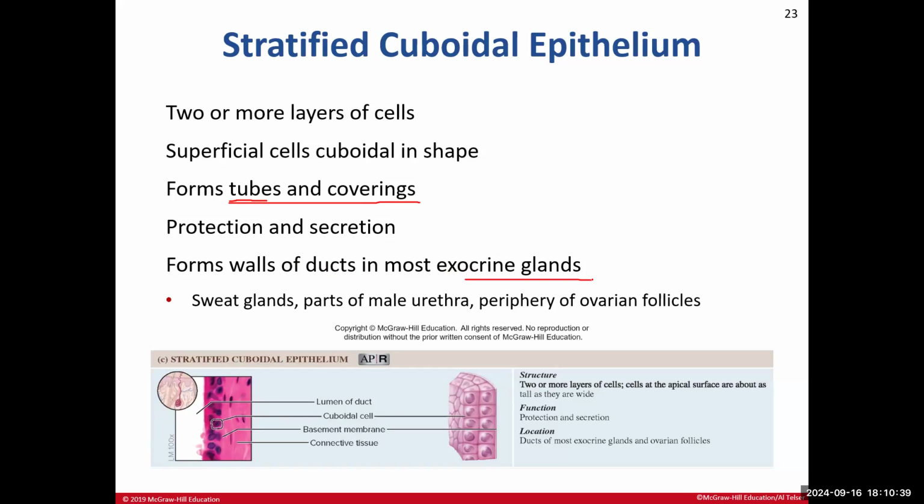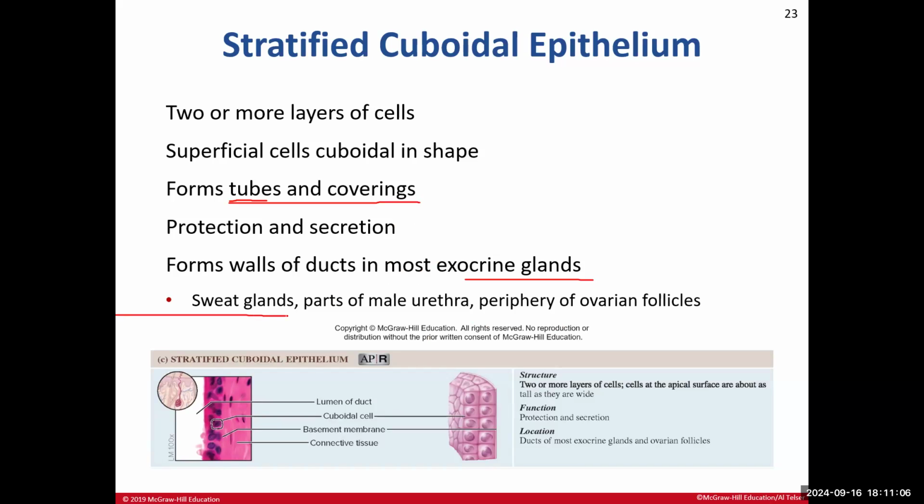D-U-C-T-S. So you have a part of the gland that makes the secretion, and then another part of the gland that's going to transmit that secretion somewhere. That transmission area of those glands is called the duct, and that's where you're going to see this type of epithelium. So what are some of our more famous glands? Well, sweat glands. That's where you're going to see this epithelium,